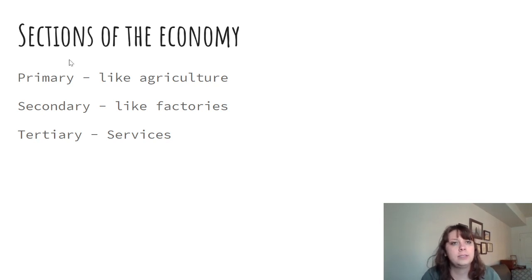And with these, our less developed countries will be mostly focused on their primary stuff. So they're looking at just getting those natural resources that they have. Mostly, that's what their economy's based in. Our developing countries will be mostly in the secondary, and then our most developed countries will have most of their stuff in the tertiary. And that doesn't mean, right, the United States has a lot of farms, lots of stuff in the primary sector, but the majority of our stuff's still in the tertiary. Okay, so you can still have percentages in the other ones.